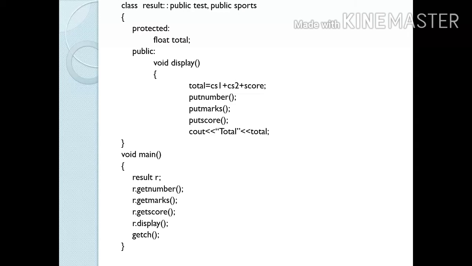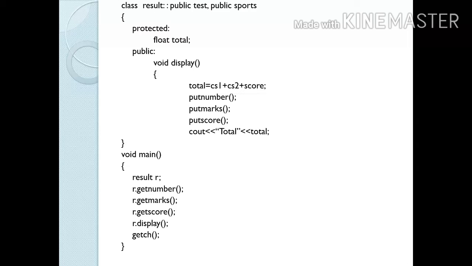So this is an example of hybrid inheritance. Why hybrid inheritance? Because see here, the first line, as I said, is multiple inheritance, and in the previous part, when I created class test, that class test was created from class student.